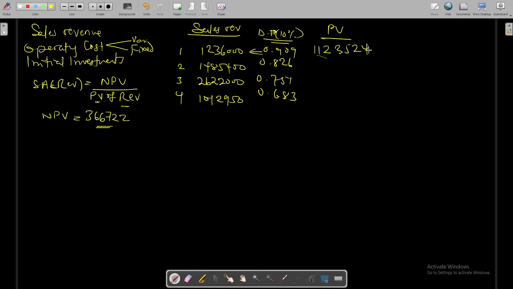The next one is 1,485,400 times 0.826, which will give us 1,126,940 to the nearest whole number. The next one is